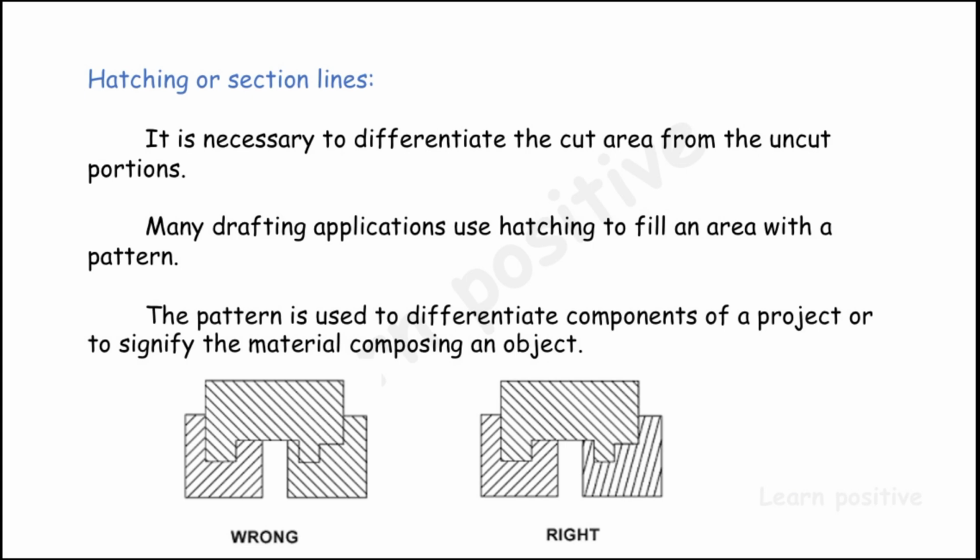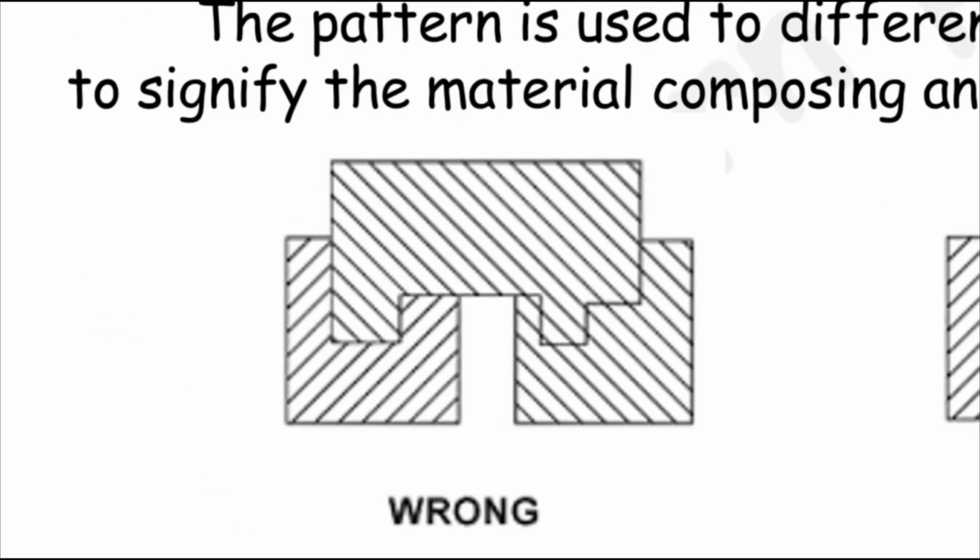Now look at this hatching line. We are using three parts in this. We are going to see the difference even in the single parts. In the first square, on the left side, we are using 45 degrees to the right, and the top part we are using 45 degrees to the left, and the bottom right also uses 45 degrees to the left. Due to this we have confusion in the drawing.